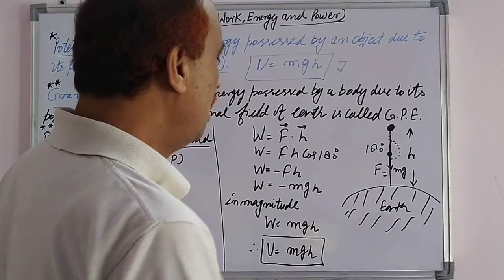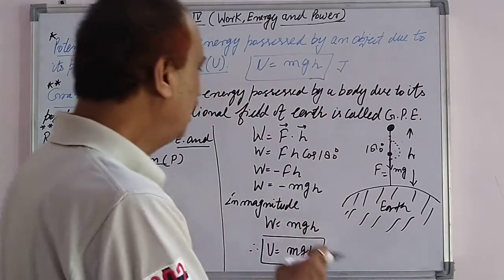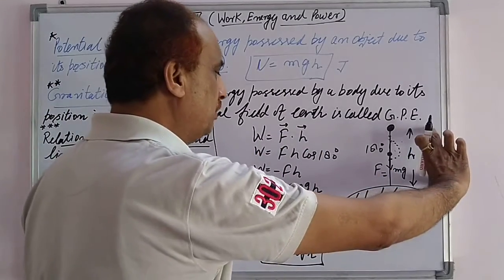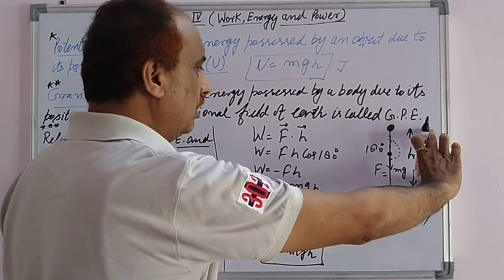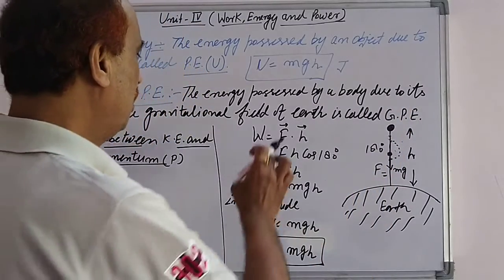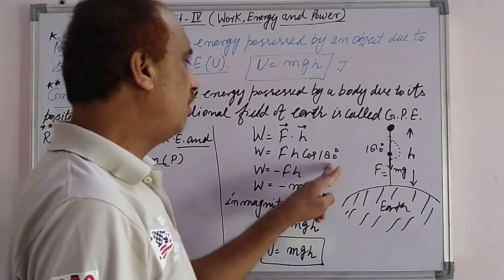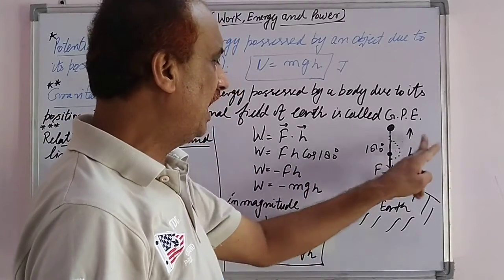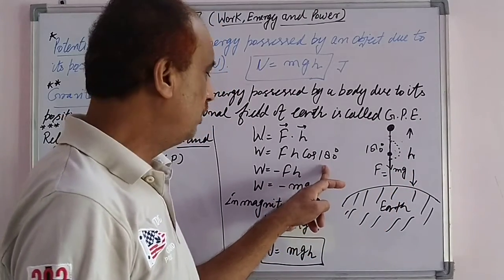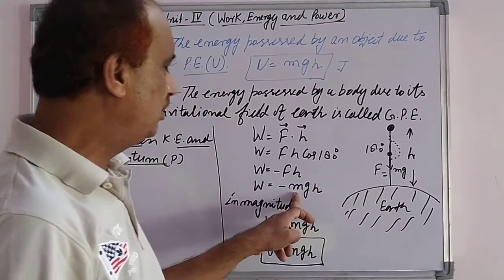So the angle between them is equal to 180 degrees. Now in that situation, the work done by this force, which is acting towards the center of the earth, is W equal to F dot h. Here h is the displacement, that is the position in terms of displacement from the surface of the earth up to a particular height h. So in magnitude we can write W equal to Fh cos 180 degrees, because the angle between h and mg is 180 degrees, and its value is -1. So we'll get W equal to minus Fh, and F here equals mg, so W equal to minus mgh.